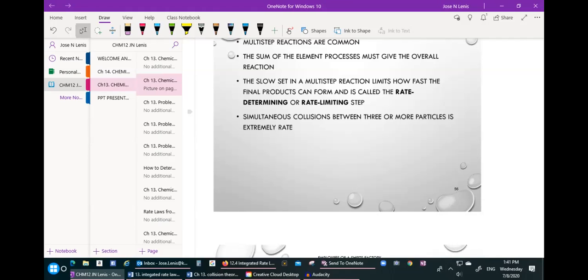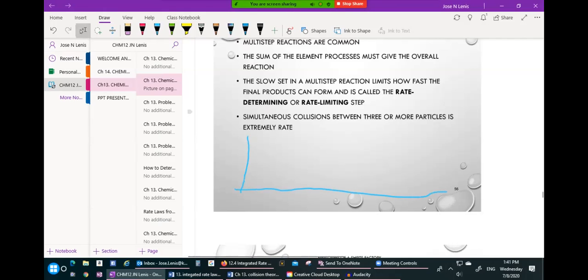So if the reaction has a multi-step situation, like for example, this is time, with a little curve over there, which is not intentional. We have potential energy here. This is a potential energy diagram. This represents here an exothermic reaction